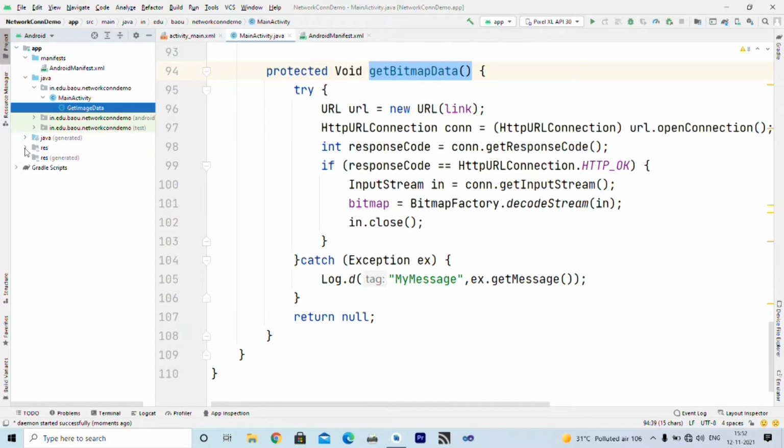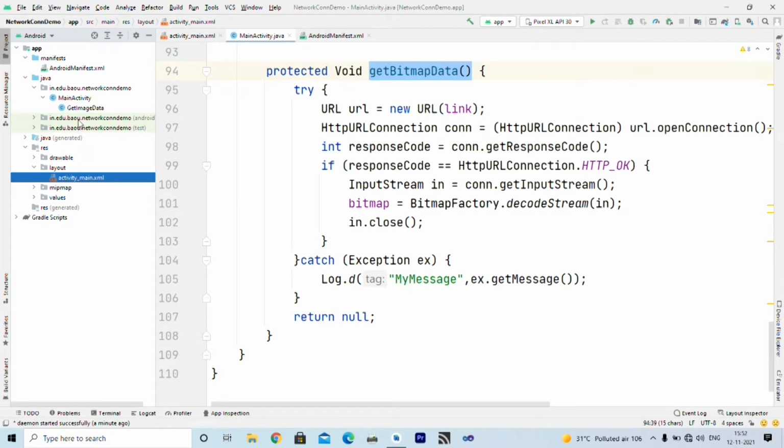We have already used AsyncTask earlier, so you might know what it is. And this is our layout file. We will understand the layout file, the coding file, that is the main activity file, and we will see what permissions are required.